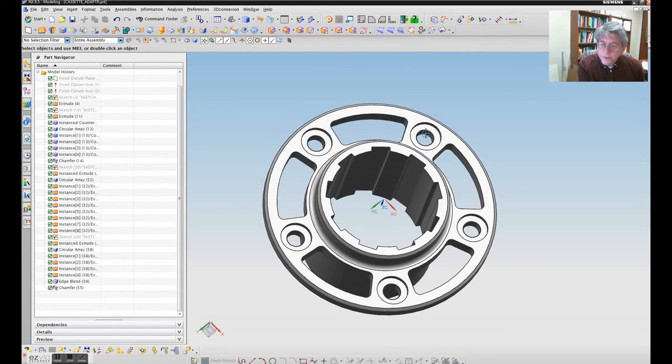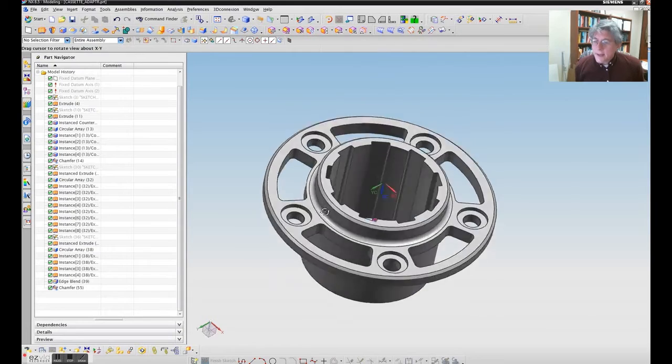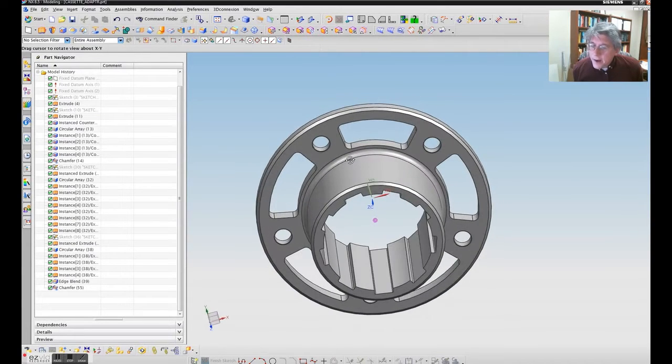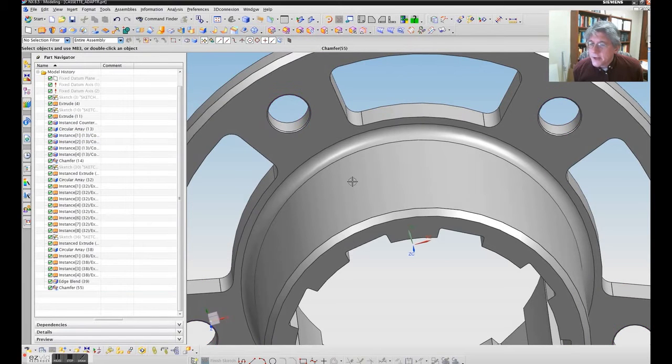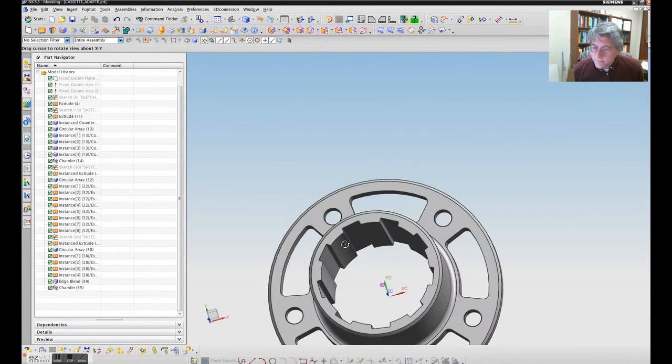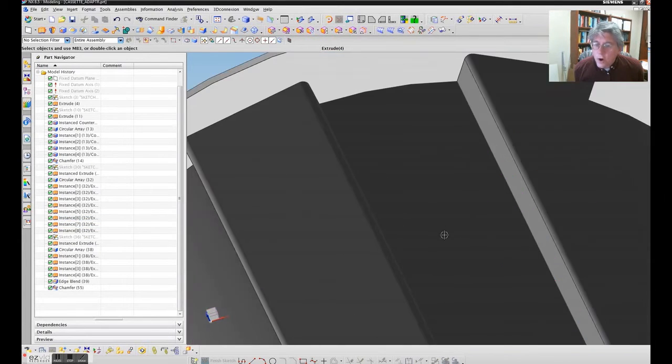It's also got a lot of features on here that I really don't want to put into my finite element model, like these chamfers and some of these fillets in here, and we'll talk about how one removes those and makes your simulation go a little easier. Okay. So before I do that,